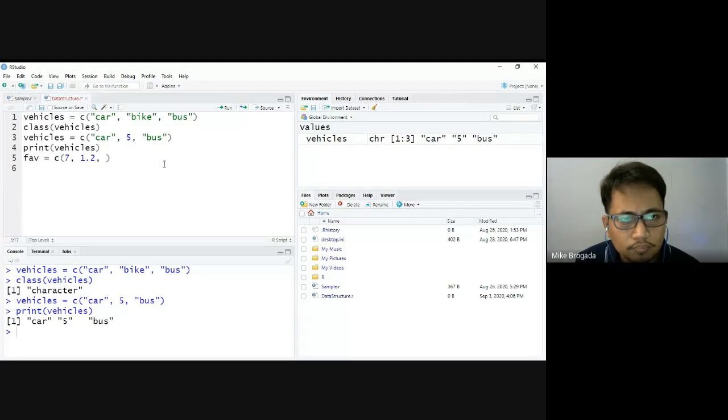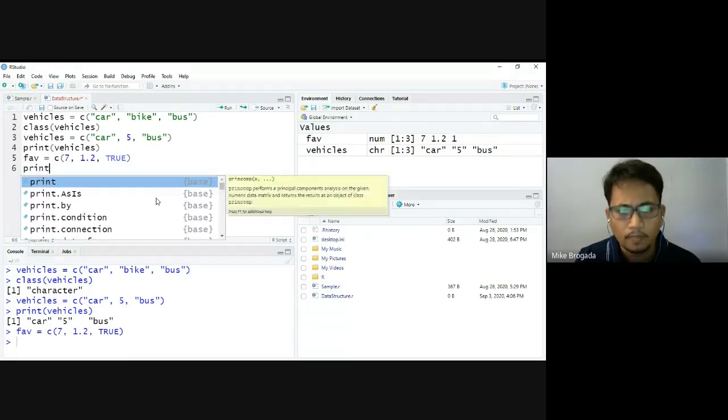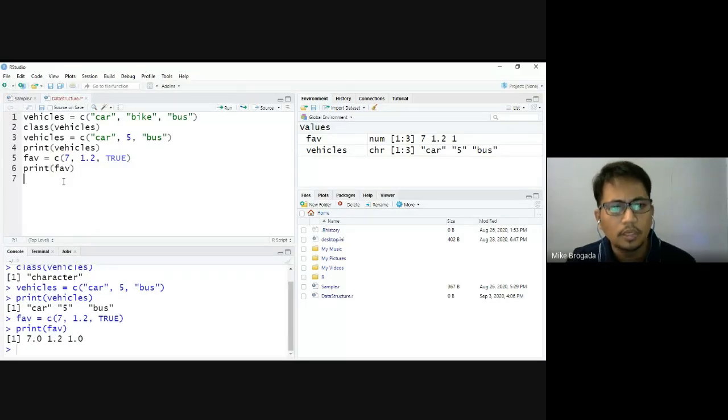And say, TRUE. This is your favorite Boolean value. And then print favorite. Okay, look at it. So from the output,